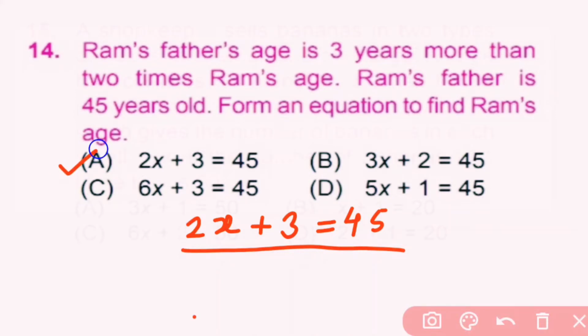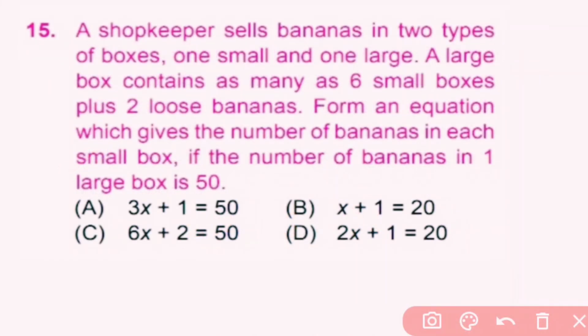A is the correct answer. Question number 15. A shopkeeper sells bananas in two types of boxes, one small box and one large. A large box contains as many as 6 small boxes plus 2 loose bananas. Form an equation which gives the number of bananas in each small box if the number of bananas in a large